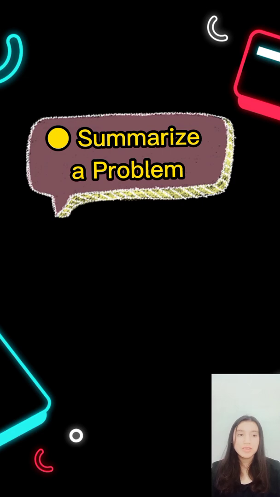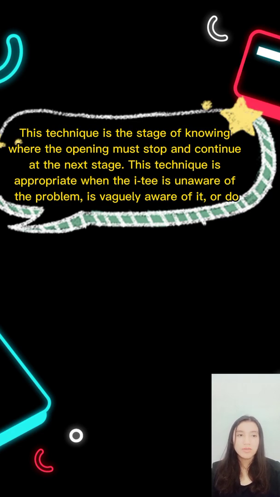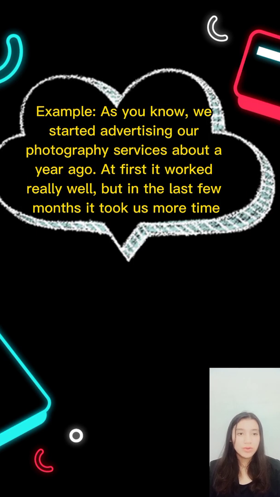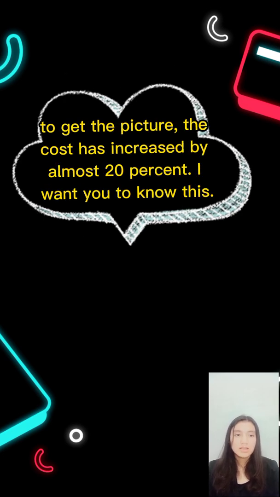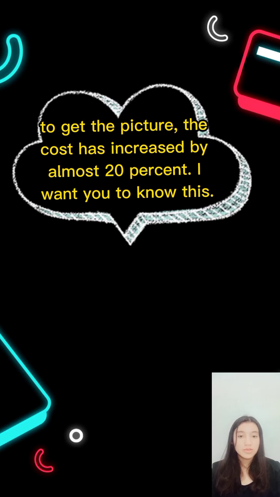The second is summarize a problem. This technique is the stage of knowing where the opening must stop and continue at the next stage. This technique is appropriate when the interviewee is unaware of the problem, is only vaguely aware of it, or does not know the details. Example, as you know, we started advertising our photography service about a year ago. At first, it worked really well, but in the last few months, it took us more time to get the picture. The cost has increased by almost 20%,